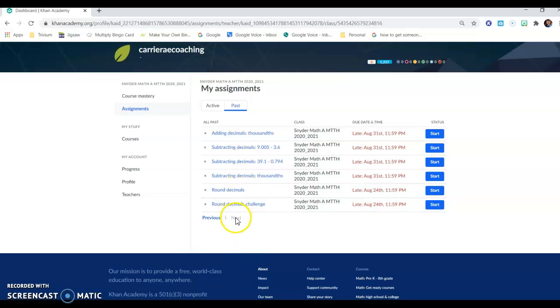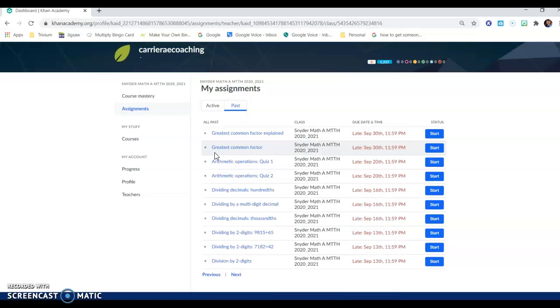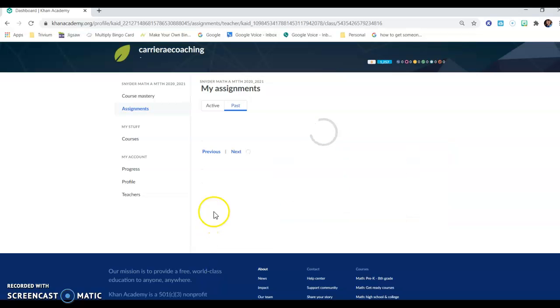And as you can see, we're finally at the last page. But you can just go through and have